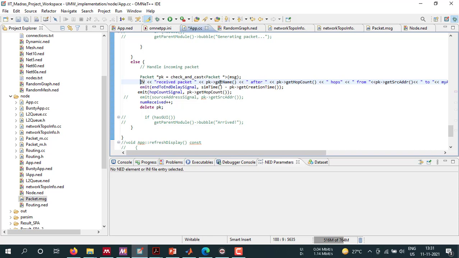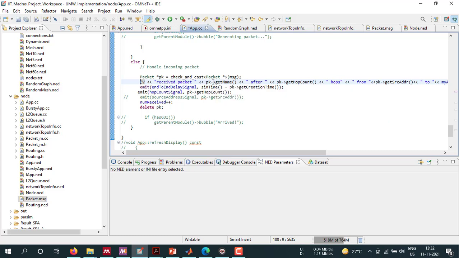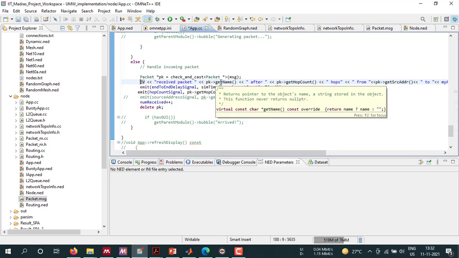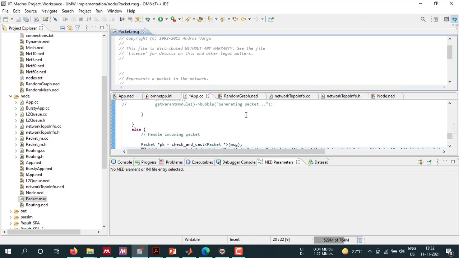You can see that packet getName will give the name of the packet. It returns the pointer to the object's name string stored in the object. This function never returns a null pointer. So here we are extracting information from the received packet, like packet getName, the name of the packet, and then packet getHopCount. This hop count is defined in the routing module. So here you can understand what getHopCount is. You can see that set and get hop count are used for setting and getting the hop count. You can see there is a hop